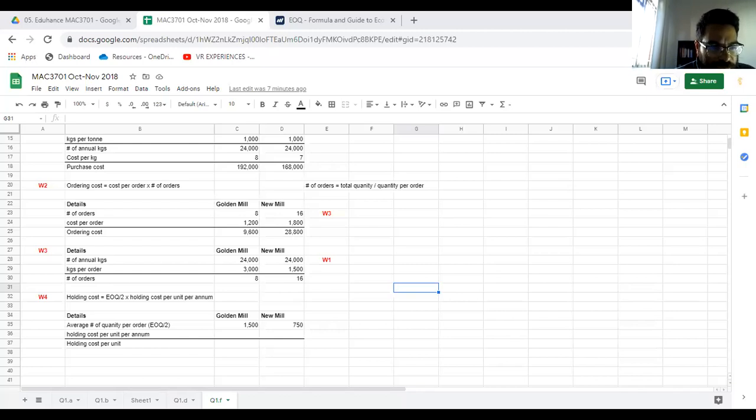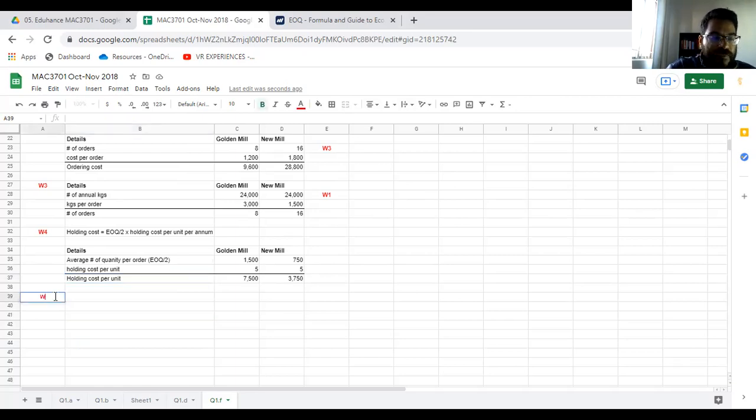So in this case, they have that required return. If they didn't have the required return, all we would do is say 5 and 5, and the holding cost would be 1,500 times 5 Rand per unit. So that would be the cost. That's important to understand. If they didn't have that interest rate, that required return, then the holding cost per unit is simply 5 Rand. But in this case, they do have